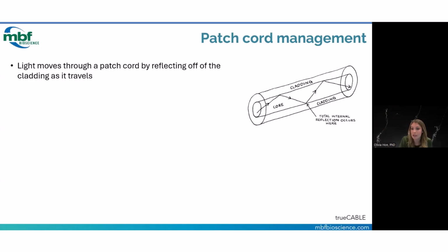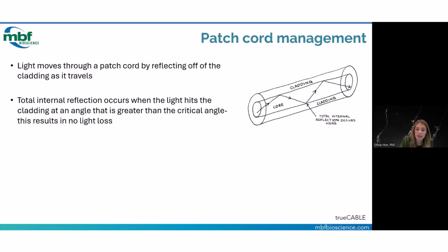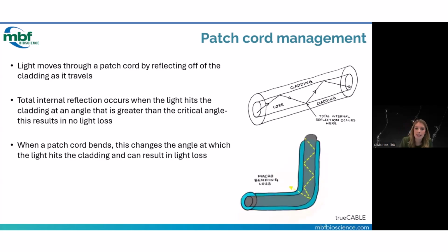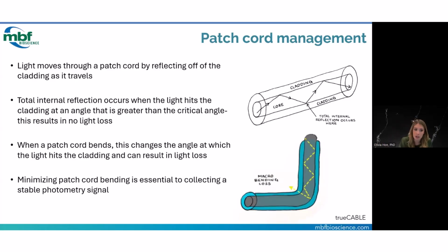The reflection within the patch cord depends on the angle at which the light hits this cladding. If the angle that it hits the cladding at is less than the critical angle, that means that instead of reflecting back into the patch cord, it's going to exit. So what this means practically is that if your patch cord bends, it's going to change the angle of the light, which means that you will lose some signal. So generally, if you were to record a signal and bend your patch cord, you'll see those fluctuations within your signal. So it's really important to minimize the bending and looping of your patch cord in order to